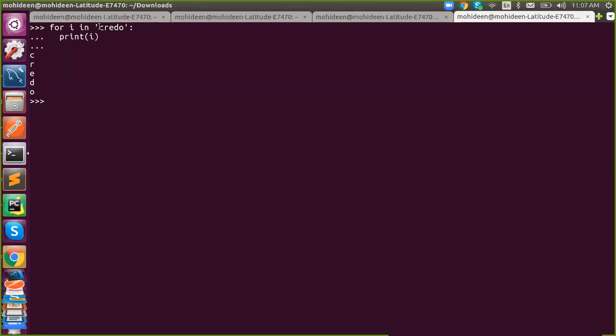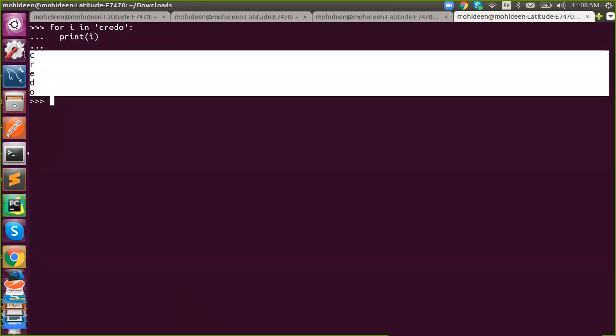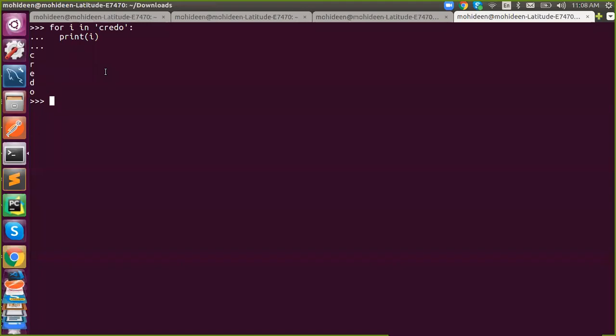Iteration means repetition, and this repetition occurs based on your length. Here my character length is 5, so the repetition occurred 5 times. You don't have to give an increment value actually. It takes it automatically. This is the difference between Python iteration and other languages. In other languages, iteration takes place based on index, but here Python by default takes care of it. We don't need to worry about that. Each time you will get the exact value. So here you don't get the index, but instead you get the value.